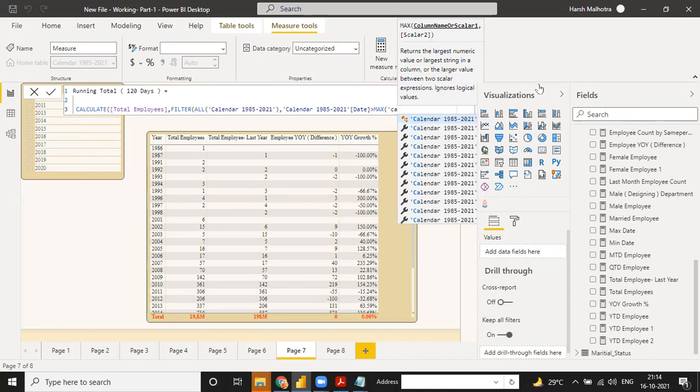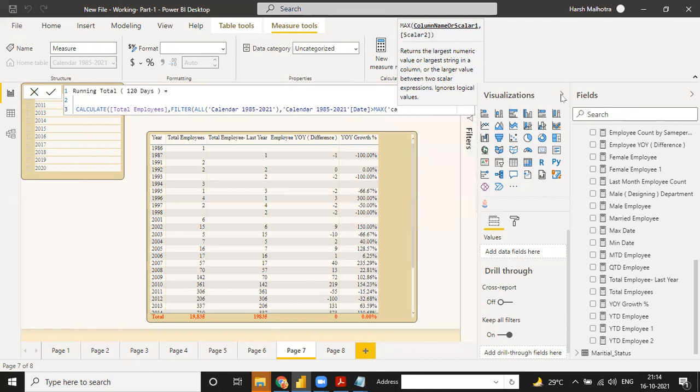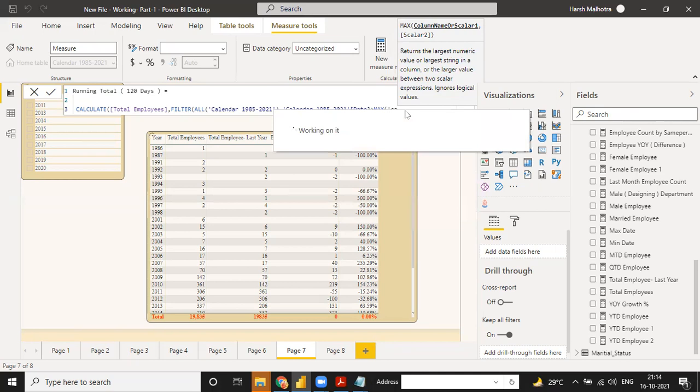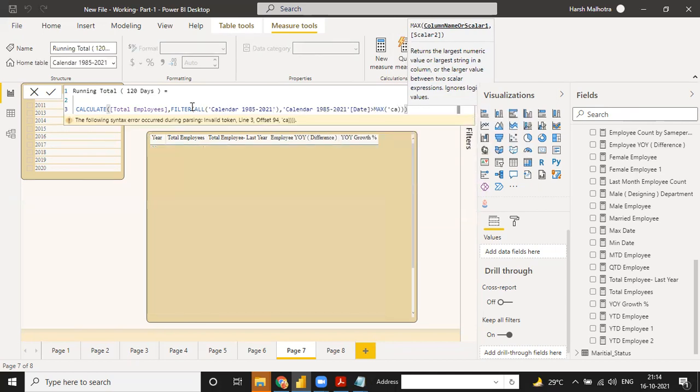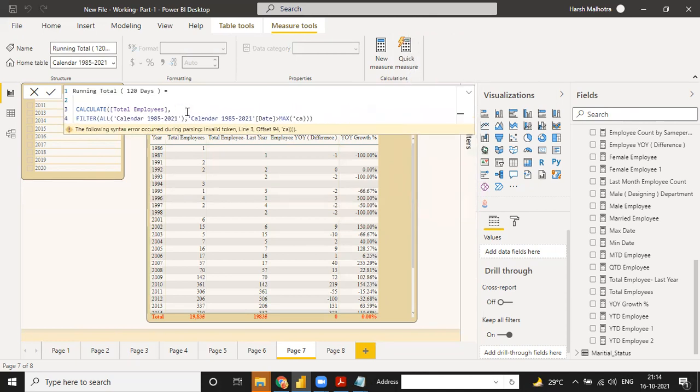Not sure how we need to remember all these formulas, I will tell you.